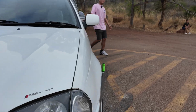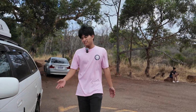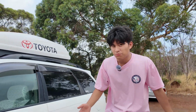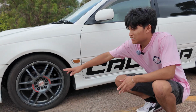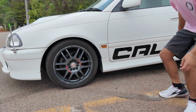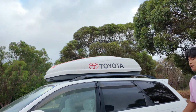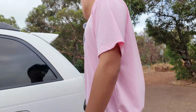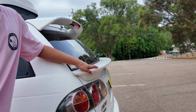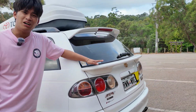Now, the exterior of the Caldina. This is the touring version, which means you get some extra bits compared to the normal one, such as these side skirts. You've got a front bash bar, and you have a rear wing, a double wing in fact. You can maybe put your Zinger box meal up on here and eat it with your